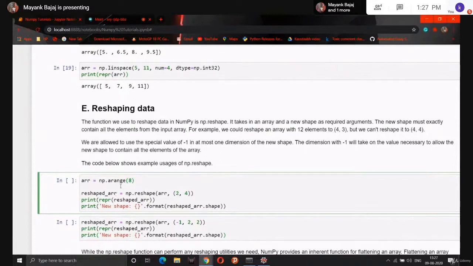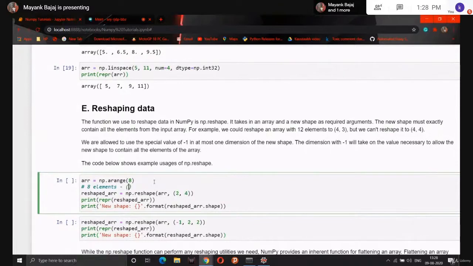So guys, I was saying that in reshaping we have one limitation. Let me explain it. We have a total of 8 elements. So we can reshape into any rows and columns, but the multiplication of rows and columns must be equal to 8.